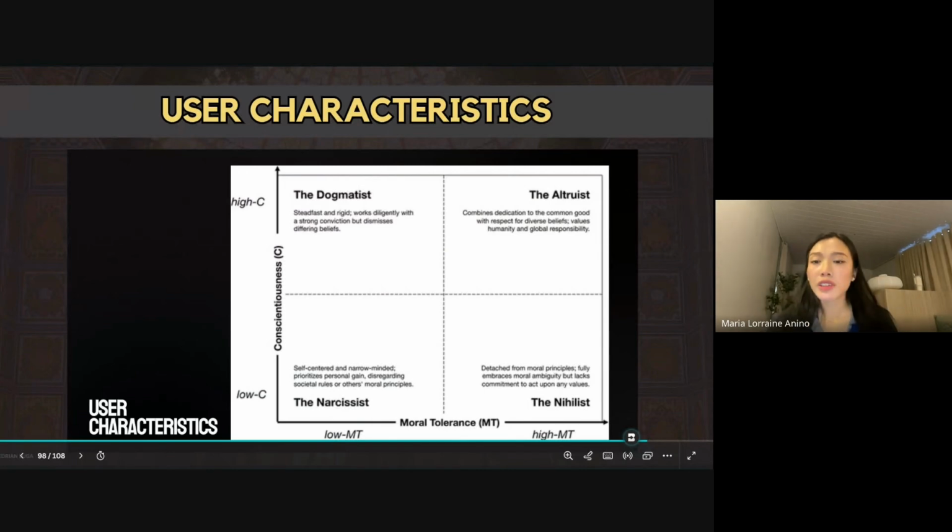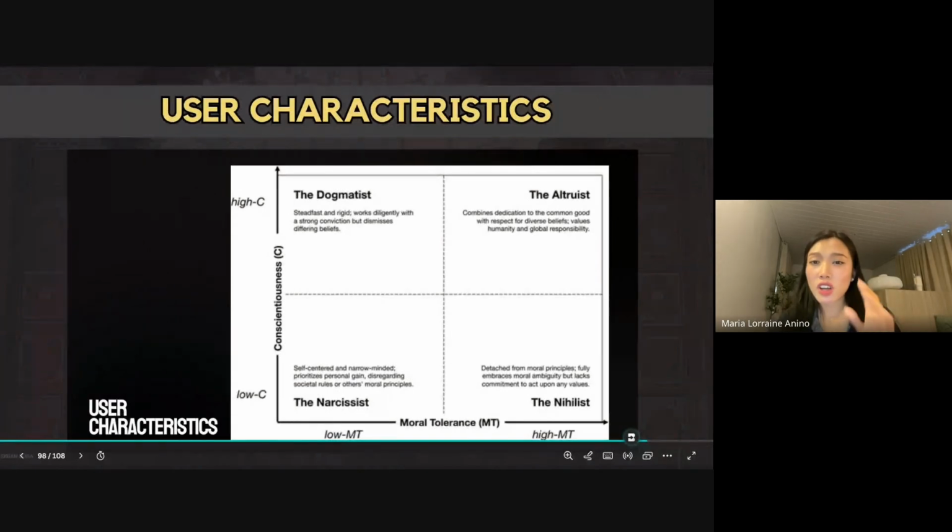I believe I have already given you an activity on the user characteristics, particularly the diagram that I am showing here. We have a diagram of the social media user characteristics, and you've had your activity. So I believe you already have a handful of prior knowledge about what this is about. The diagram shows us the different types of social media users, based on two things.